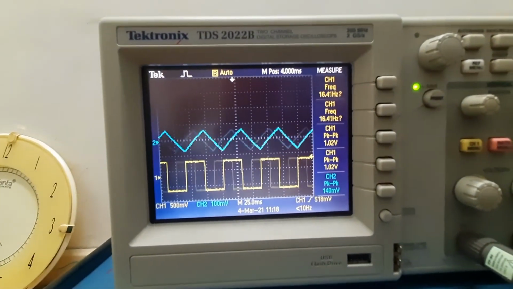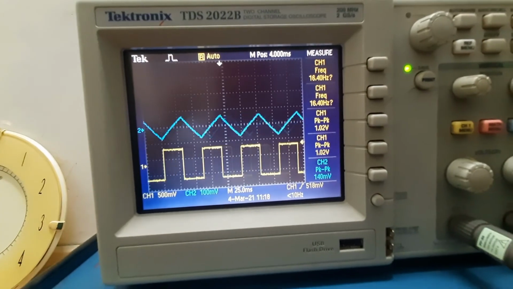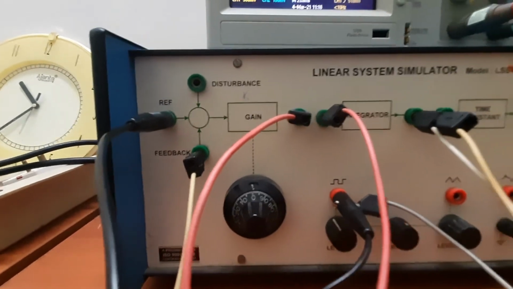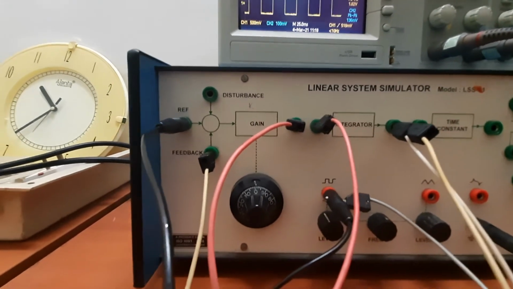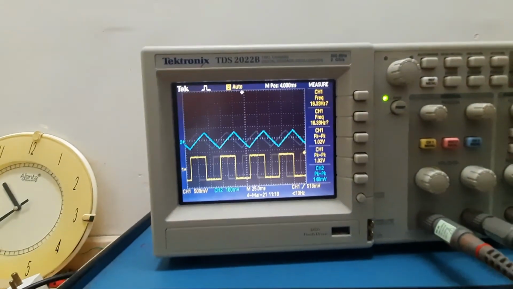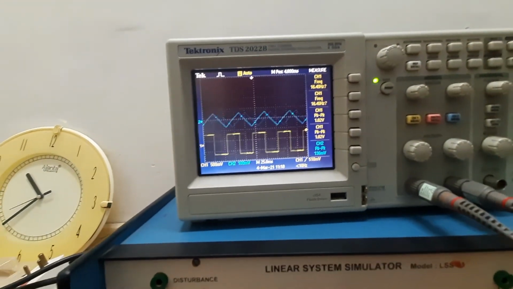Here we can see at 1 volt peak to peak the output is 140 millivolt and the gain setting is at 1. Now we will increase the gain setting from 1 to 10 and note down the values of output.